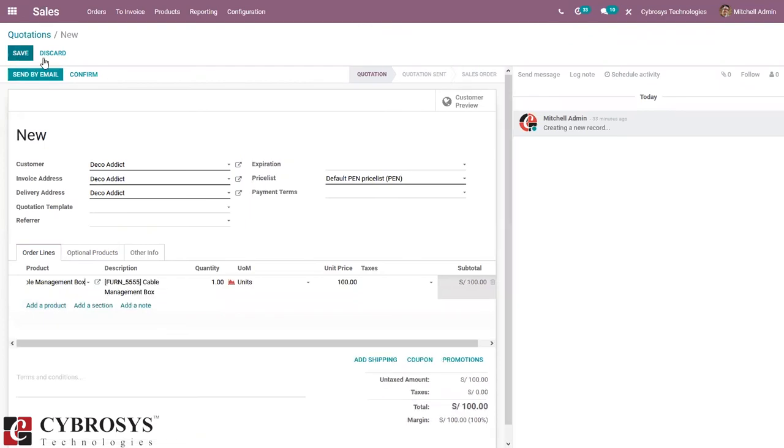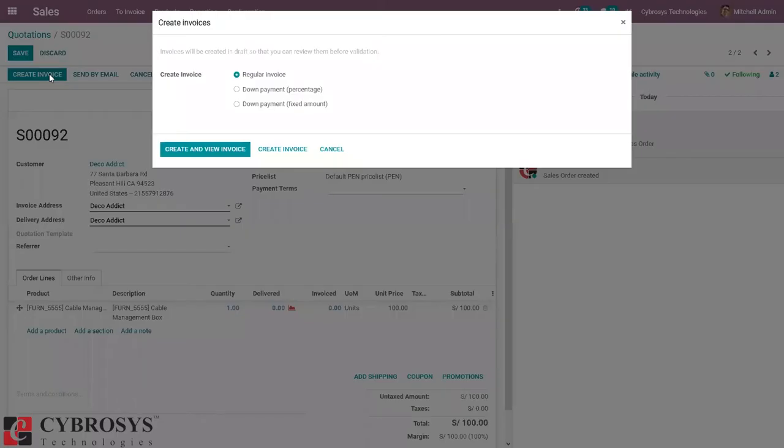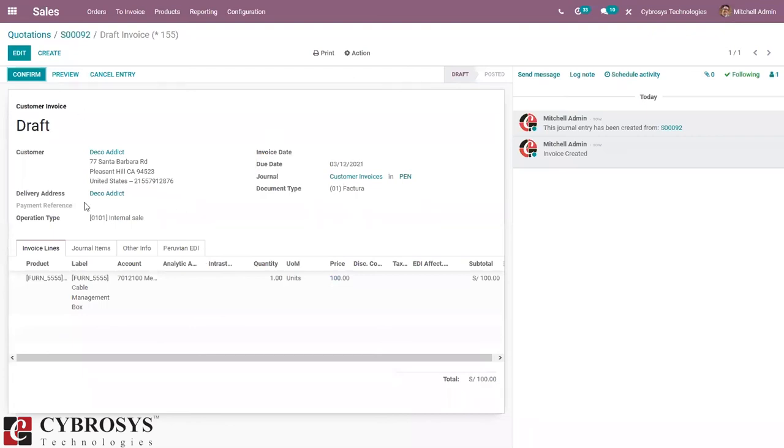Okay, so after that, I'm confirming this quotation from here. Okay, now let's create an invoice for this order. Okay, so you can see a draft invoice is created and the product is added here.